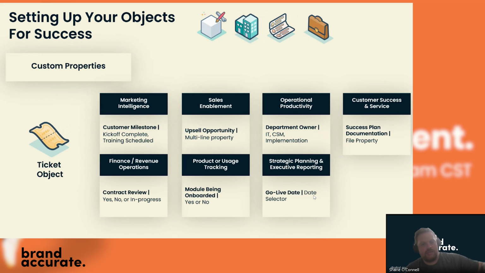When we talk about sales enablement on a ticket, a lot of times in the process of either supporting a customer or onboarding a customer, the customer may allude, or contacts may allude, to upsell opportunities. Now, I know the sales team may not be in these tickets, but maybe it's a partner success manager or a customer success manager that's in on these tickets, and they type in a short or a long description of the